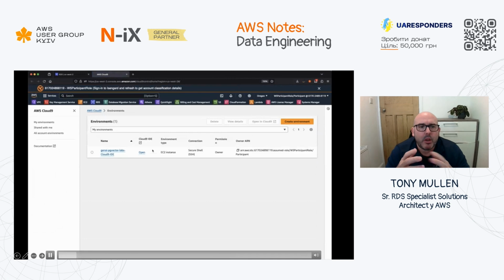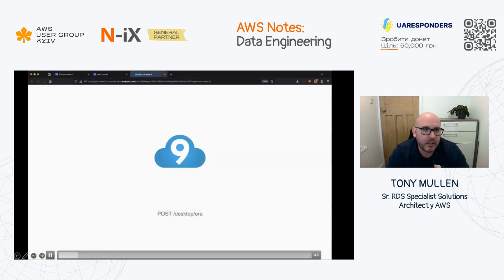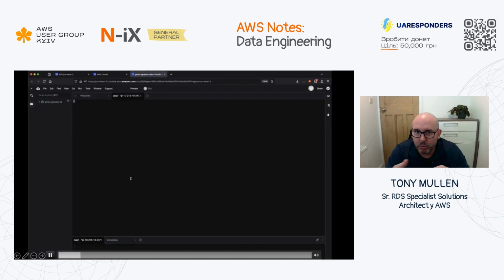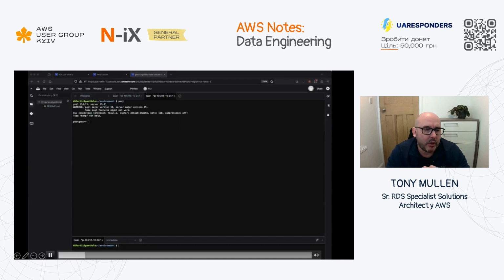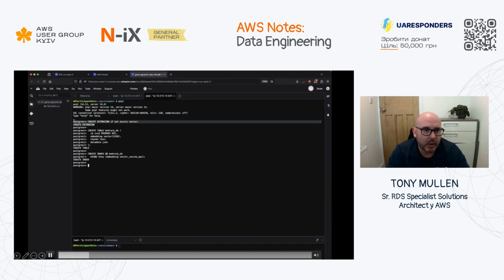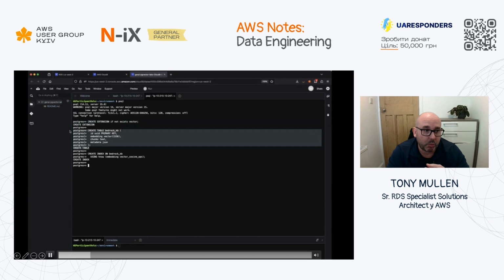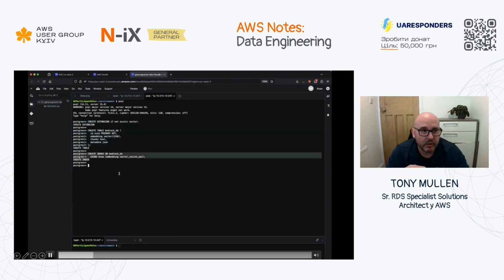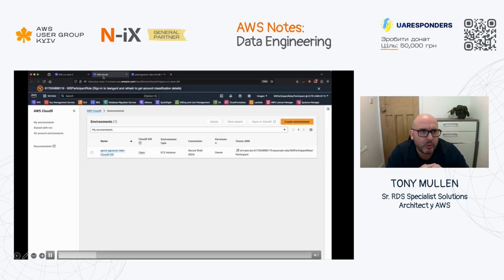We just happen to be using Cloud9 here, since an IDE is easier in the browser. What we're looking to get is a psql prompt so we can connect to our Postgres database. Once we've got our connection, we're going to create the extension in the database. We're going to create a table to store our embeddings, and we're going to create an index on our embeddings, our vector, as well. So you can see that we've created the table and the index, and we'll reference these when we go to Bedrock in a moment.